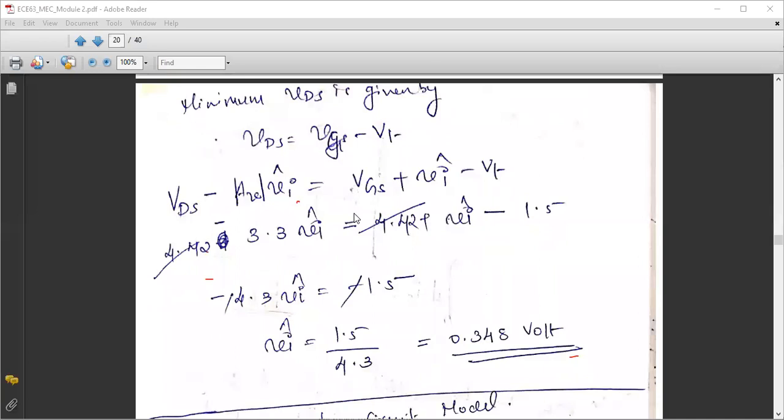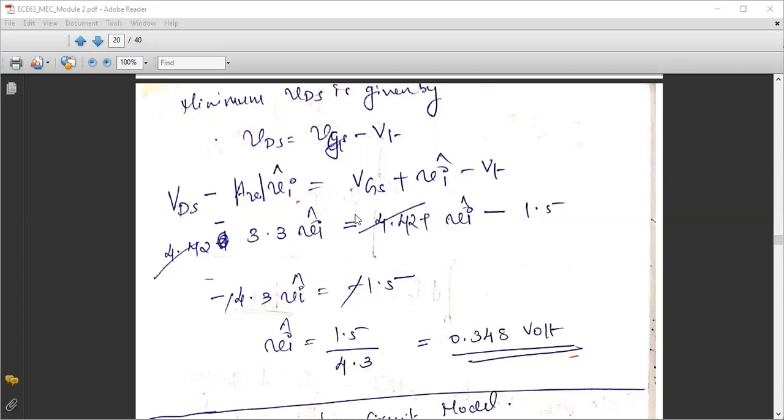Clear? So this is a very important problem. In this we have learned how to find the expression for AV, that is voltage gain. Secondly, how to find the value of input resistance in terms of II. So first I will write II is equal to VI minus V0 divided by RG. In this I am replacing V0 in terms of gain, so that I can easily find the value of input resistance. And thirdly, the maximum allowed input signal.